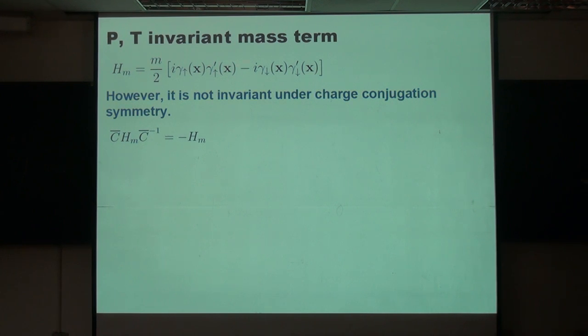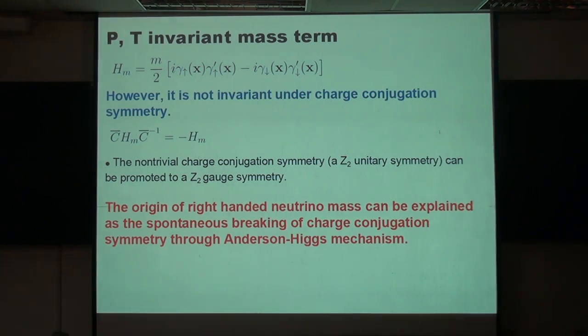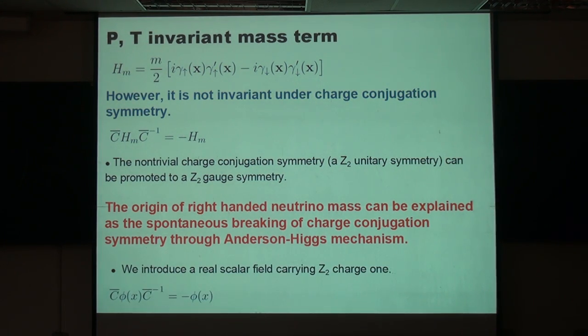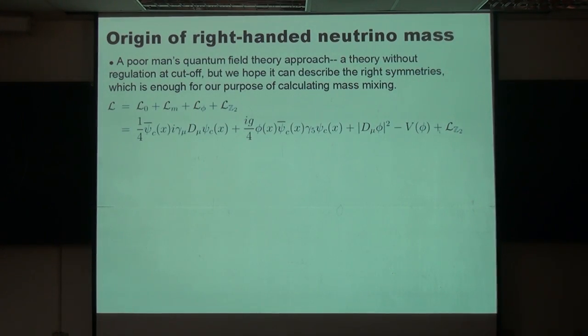So if we promote this charge conjugation unitary symmetry into a C2 gauge symmetry, then we can understand the origin of the mass term as a spontaneous symmetry breaking of this C2 gauge symmetry. We just need to introduce a scalar field that carries C2 charge 1. Then the combination of this scalar field and this mass term could be charge conjugation invariant. So the whole action formally can be written down in such a way,